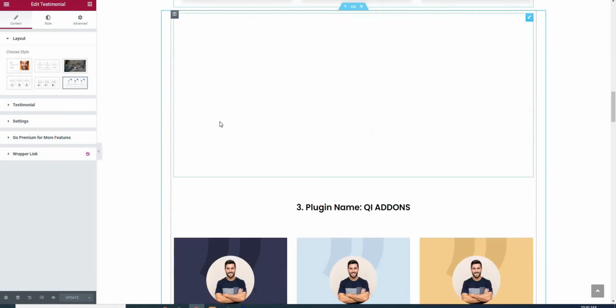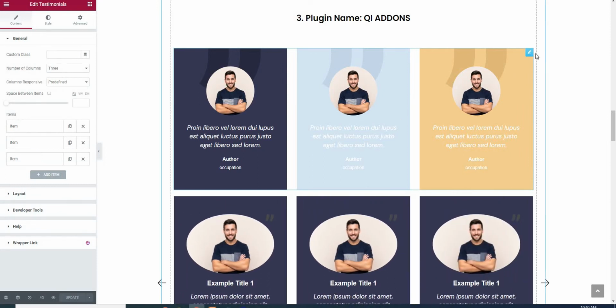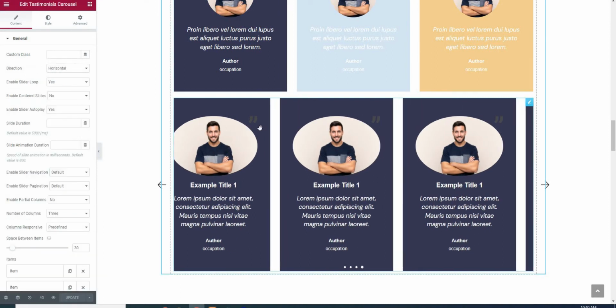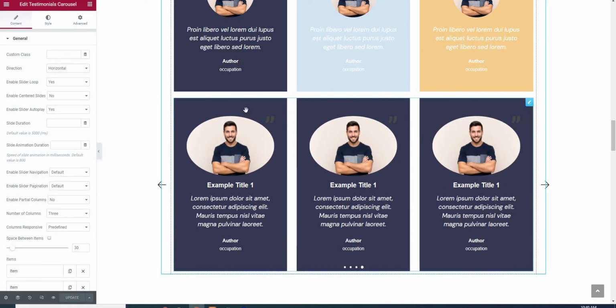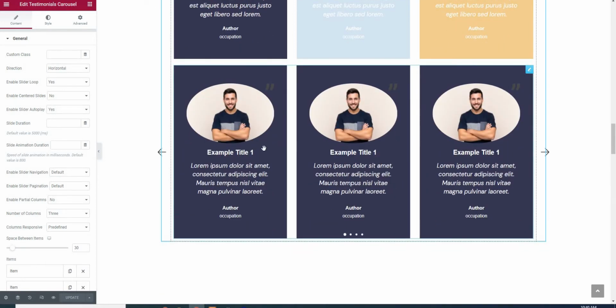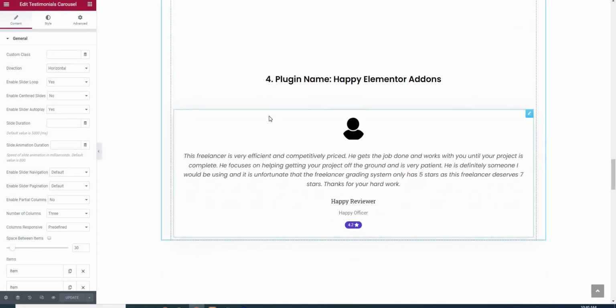In number 3 we have UI Addons. Now it is also a very good plugin for creating testimonials. You can see this is not a slider, but there is another one you can create a slider with. It has all the plugins you see in previous plugins. You can change everything here. Also you can change the icons on both sides. In number 4 we have